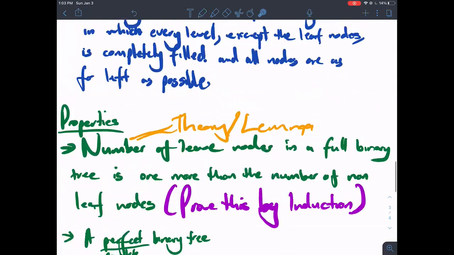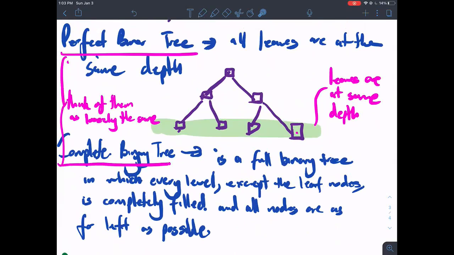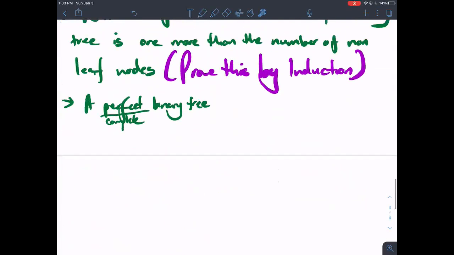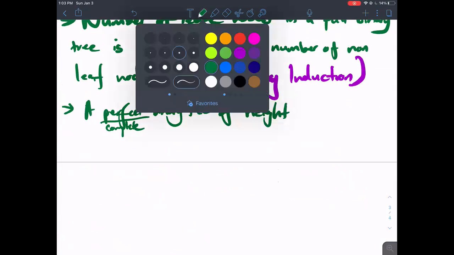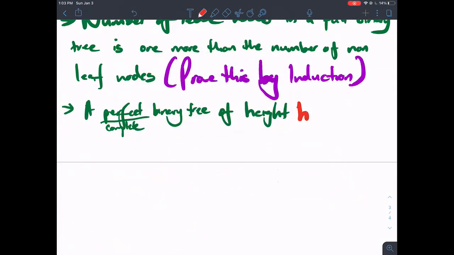Let's say the height in this case was 2. A perfect binary tree of height h contains exactly